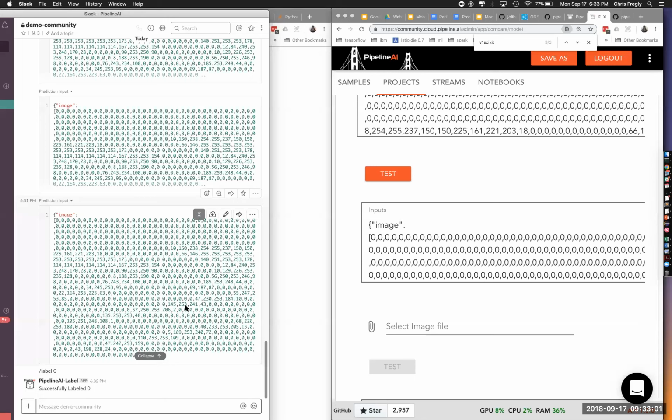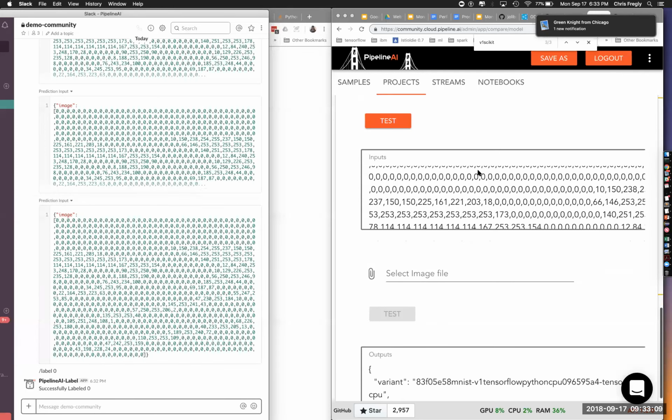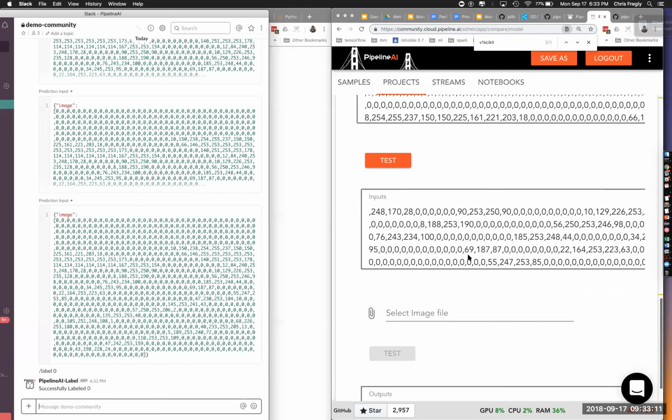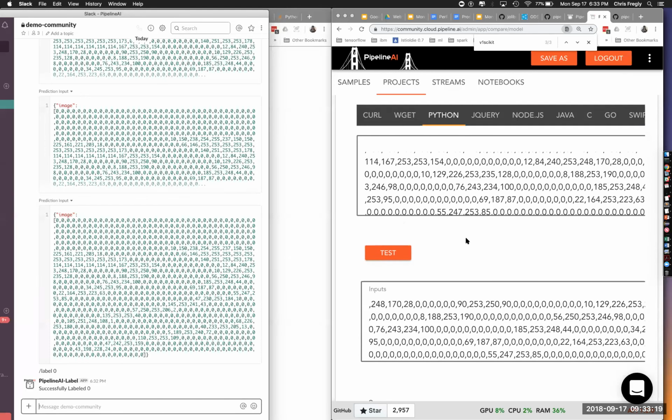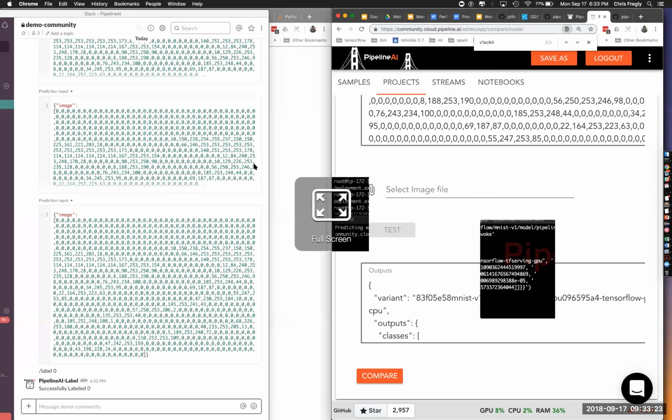They can see the inputs, they can see what the system is predicting, and they can actually fix those predictions right there. And then that data goes right back into the training cycle, and then these models are being continuously trained and then continuously deployed. Okay, so that's kind of how things flow there.